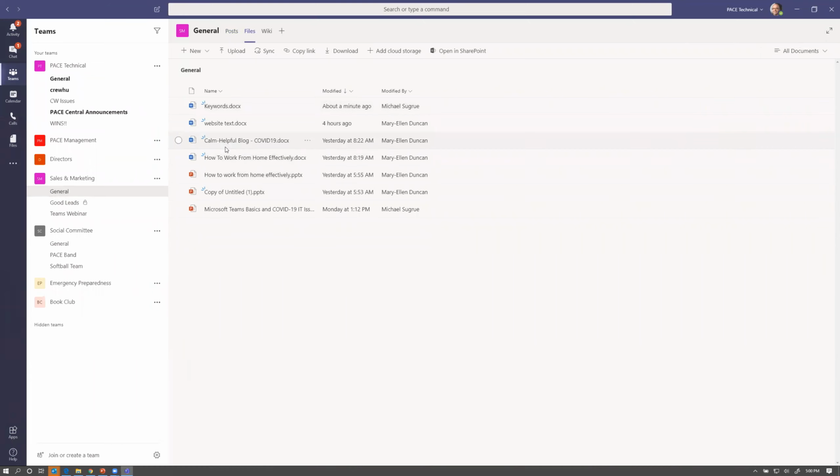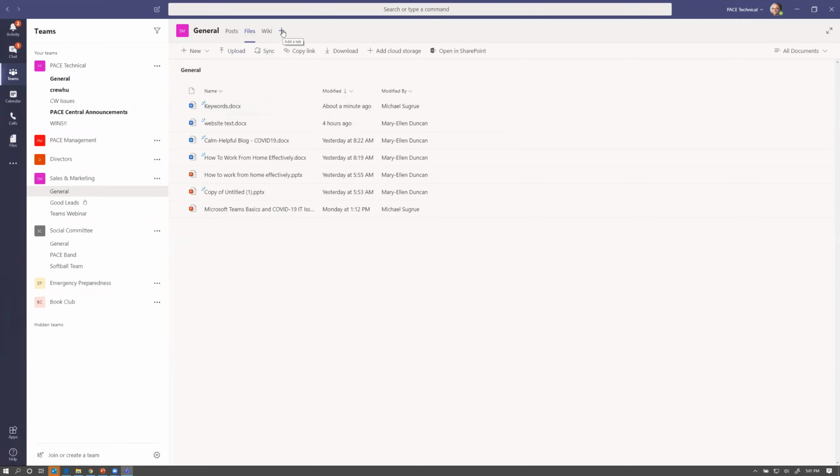Now, one of the cool things that you can do is, let's say you have a file that's important, that you're going to be working on quite a bit, and maybe you have a lot of files. We don't have that many in here right now, but let's say that this website text was a really important file that we were going to be working on quite a bit. And I wanted to make that easily accessible to a whole bunch of other people.